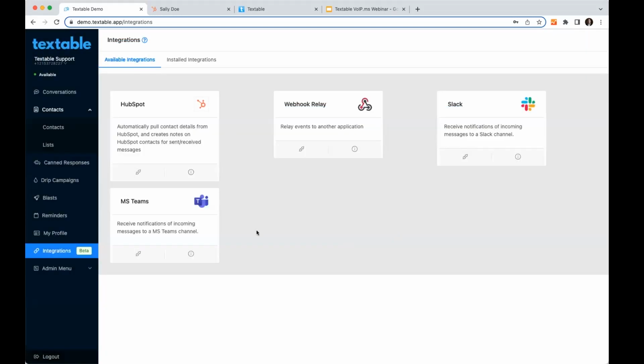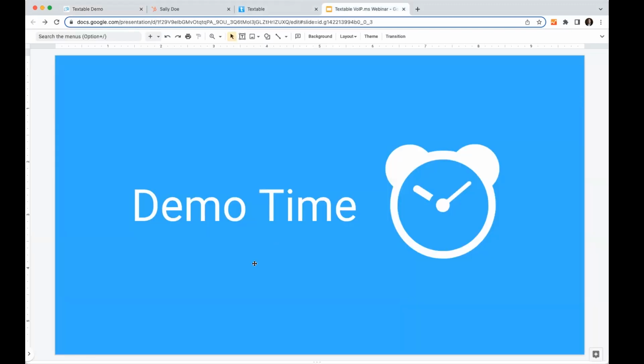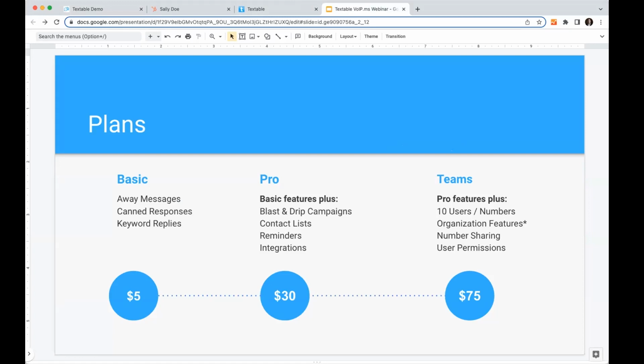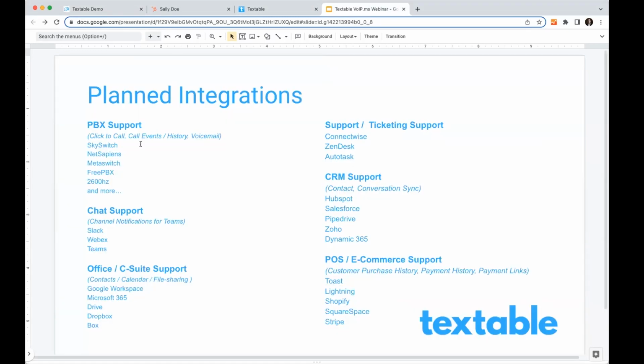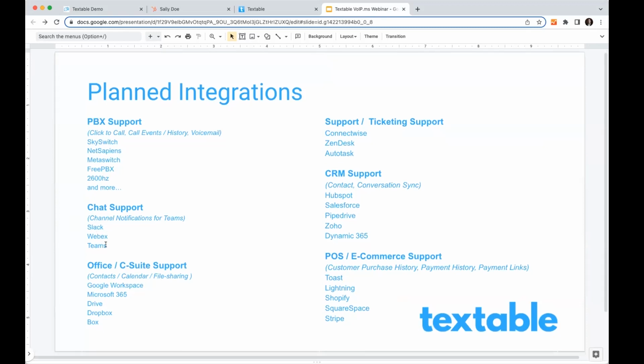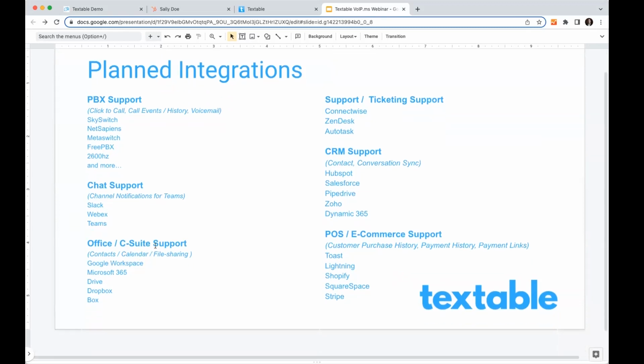So, some other apps. Actually, I've got a whole other slide here on integrations. I want to step back, let me jump to those integrations real quick just to talk about some of them. So chat support here, we've mentioned Slack, WebEx, and Teams. Office, and sort of C-suite. I'm not sure what we meant by C-suite there, but contacts, calendar, and file sharing, right?